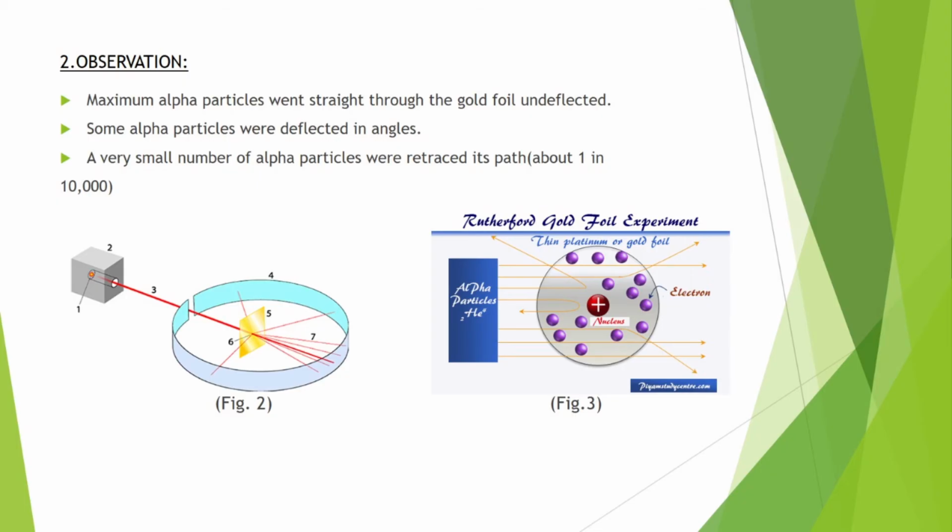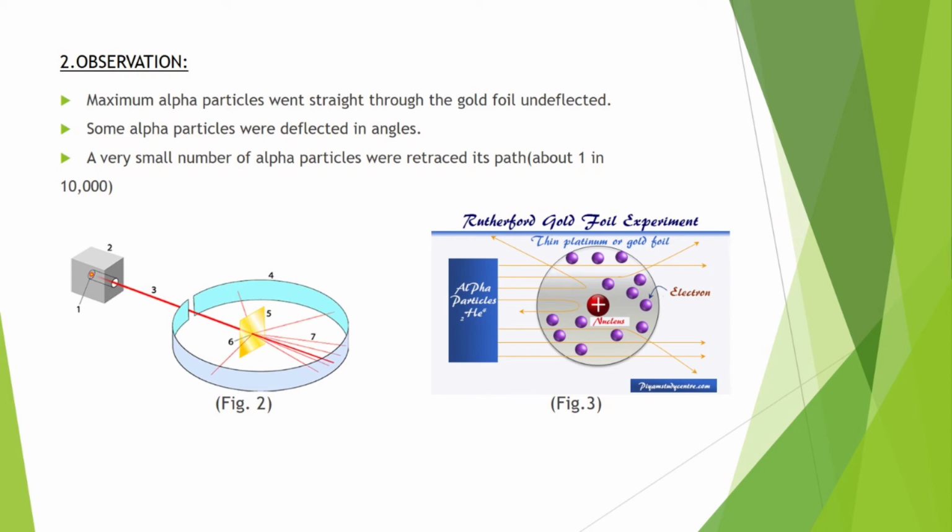As you can see in figure 2 and figure 3, most alpha particles passed straight through the gold foil and some were deflected at an angle as shown in figure 3, and just 1 alpha particle out of 10,000 retraced its path. The passing of the alpha particle was detected by the illumination of light after the alpha particle struck the zinc sulfide coated on the inner side of that circular screen, as you can see in